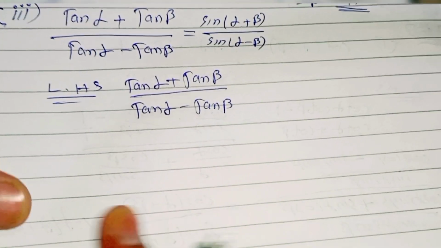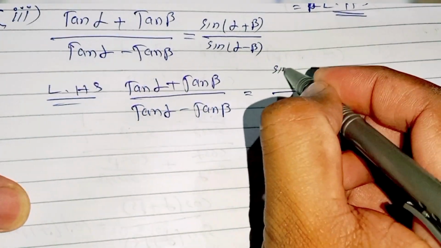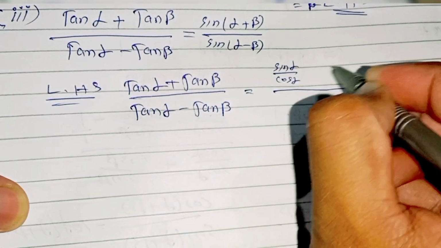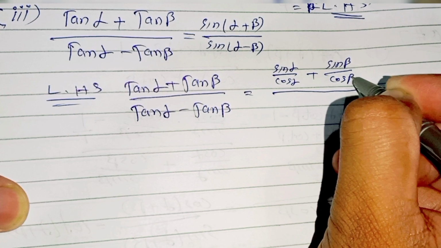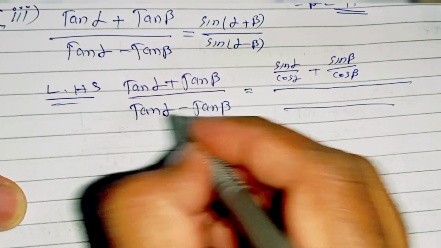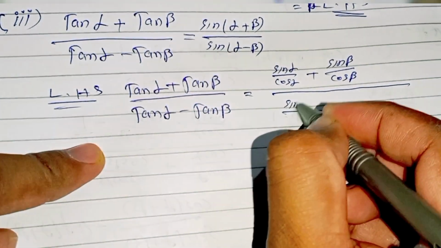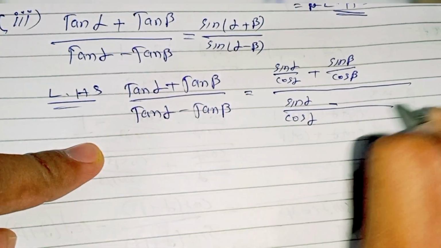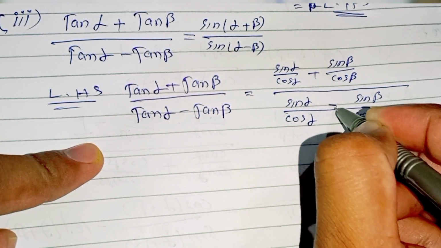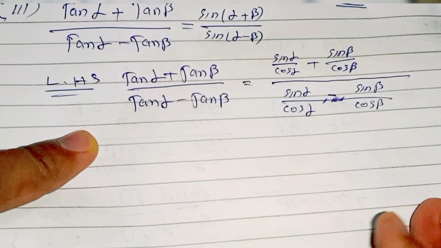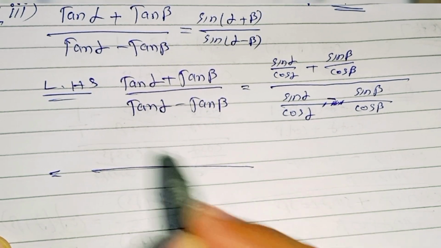First we convert the expression into sin and cos. The expression can be written as sin alpha over cos alpha plus sin beta over cos beta. Similarly, in the denominator, sin alpha over cos alpha minus sin beta over cos beta. The LCM of cos alpha and cos beta is